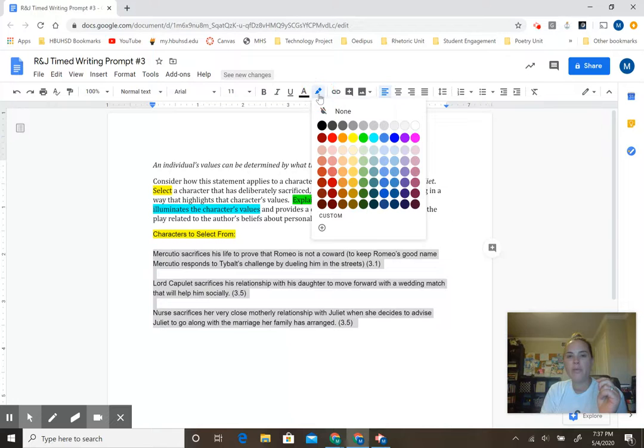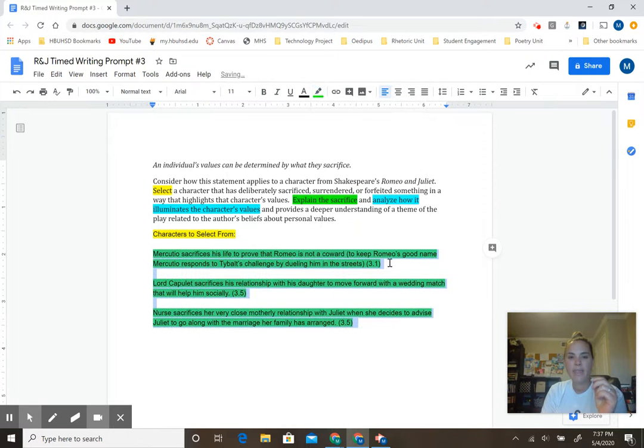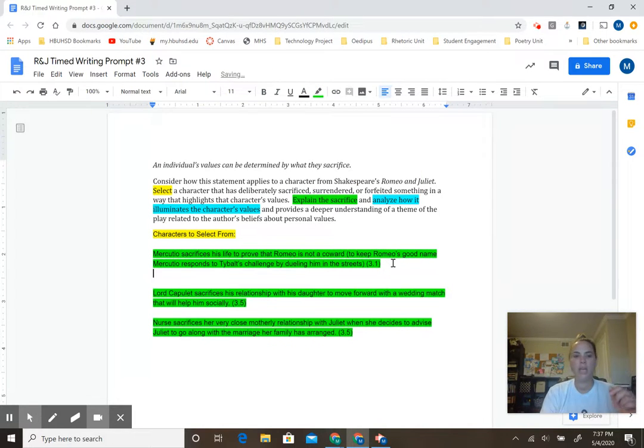Okay, so I think I'm gonna do green. And then I think I'm gonna pop in here and tab in with this blue, and then analyze how it illuminates the character's value. So Mercutio values honor and